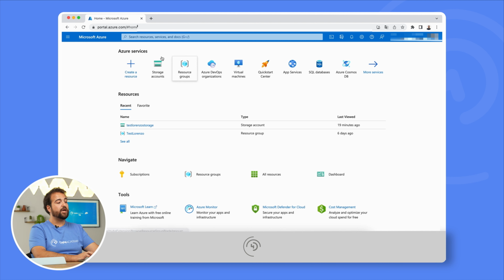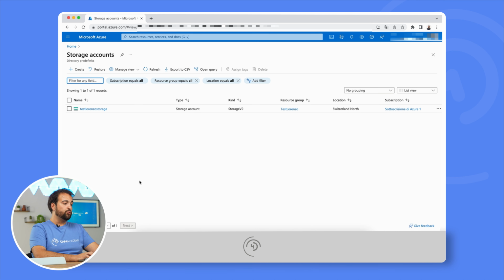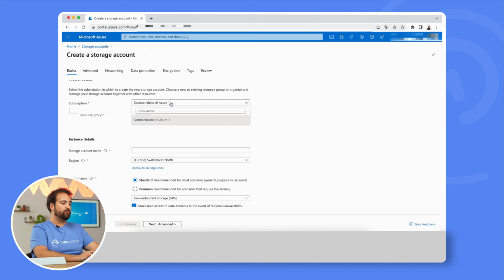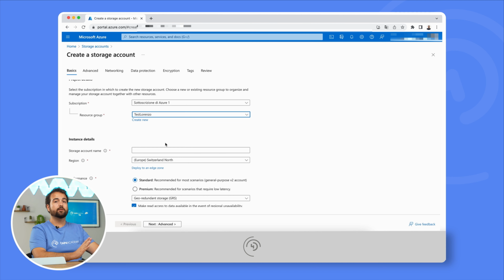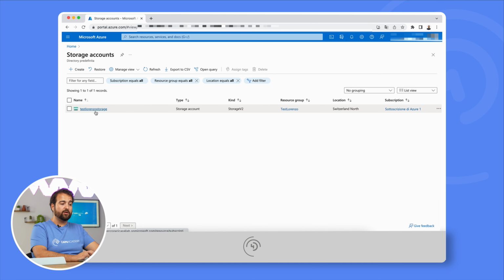As you can see here, Azure offers several services. The one that we are going to use is storage. Then you have to create a storage account through the create button. Here several options appear. The subscription is the main one, then the resource group, which you're going to create on your own. You can select the region, etcetera. You can leave all of the other fields as default, and then when you're done, you will have a storage account,